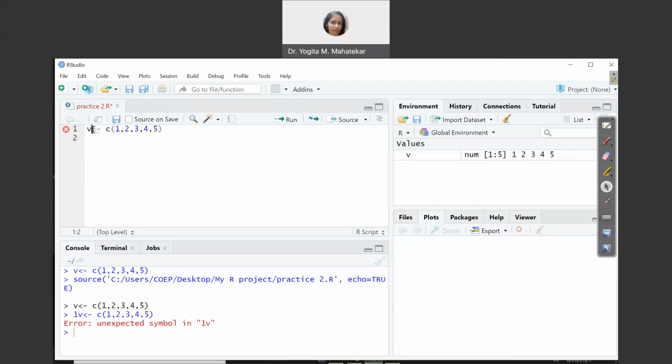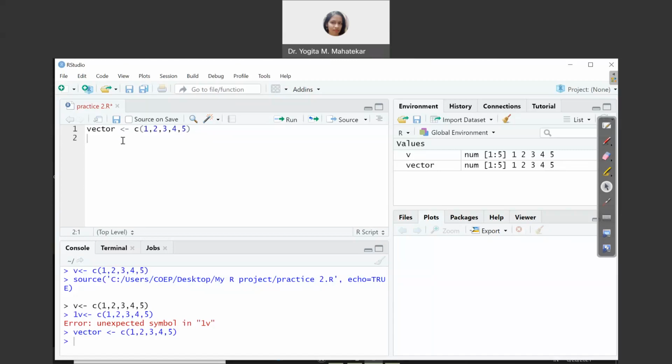So use simple object names; you may call it vector also. So vector is a row vector from 1 to 5, and you may run it. You just go at the end of this command and say run. It will get executed in the console. And again, in the workspace, you can see you have another object, vector, which is also a row vector from 1 to 5. And lastly, object names are case sensitive. So you have to use them carefully, because if you have to use them for future calculations, you have to use them with care.